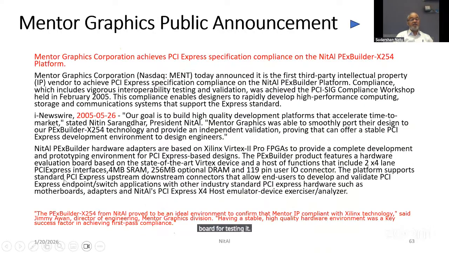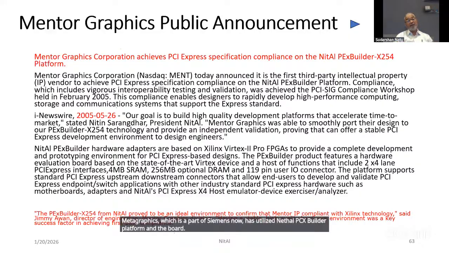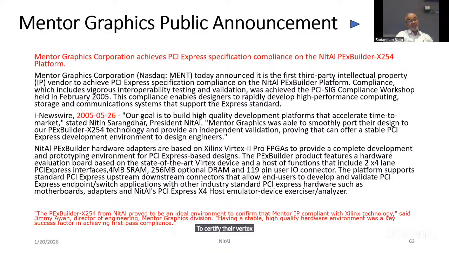And this is the Mentor Graphics public announcement made in 2005, saying that Mentor Graphics, which is now part of Siemens, has utilized the NITAL PCIX builder platform and board to certify their Virtex design, and they could actually give their compliant IP. They also developed their own IP, but they utilized our